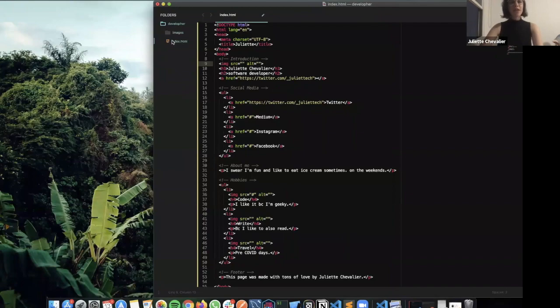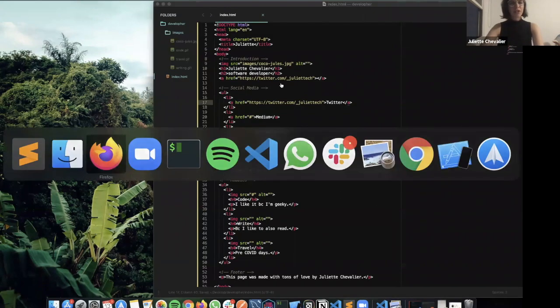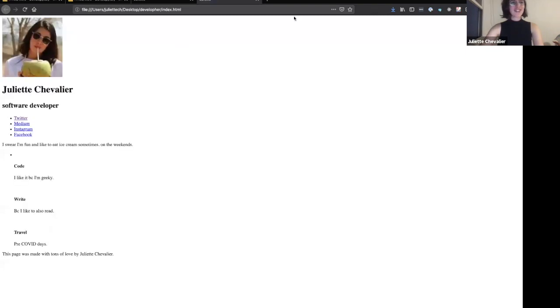So if I'm here, we both live at the same height, which means that from here to here, I just need to type images and then exactly where I want to go, which is Coco Jules JPEG. And if I go back into my screen and I refresh, I should see my beautiful Coco face.